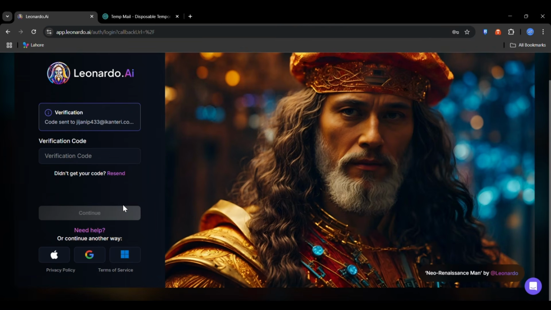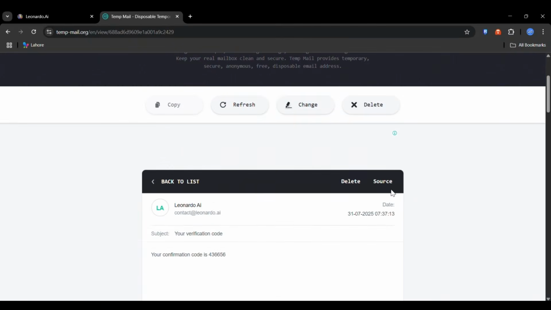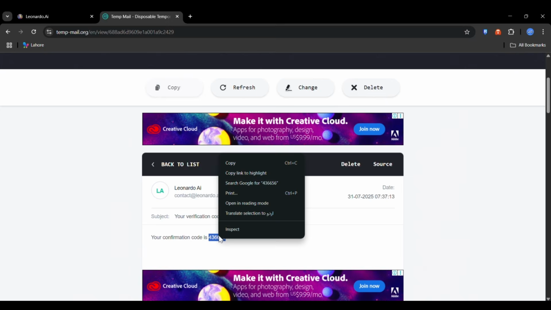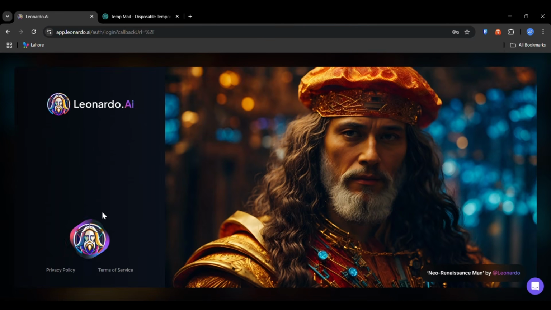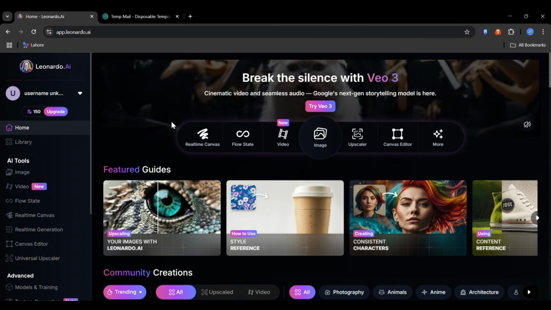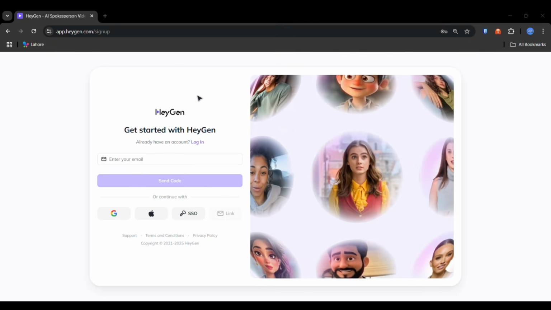Leonardo will send a verification code. Go back to your temp mail tab and you'll see it. The code? And boom, you're in! You get free credits instantly to generate high-quality images. If you ever run out of credits, just repeat this trick with a fresh temp mail and make a new account. For Heygen, again, open